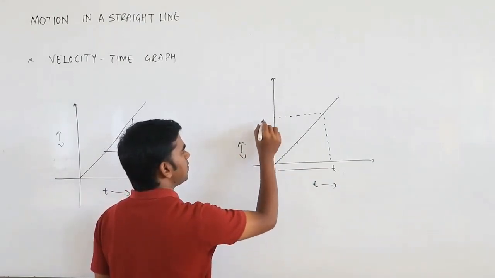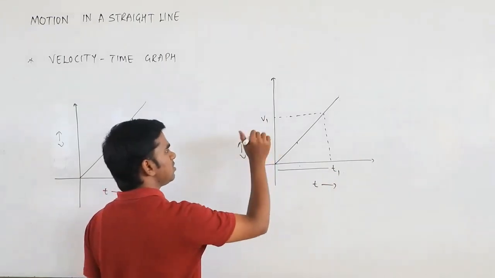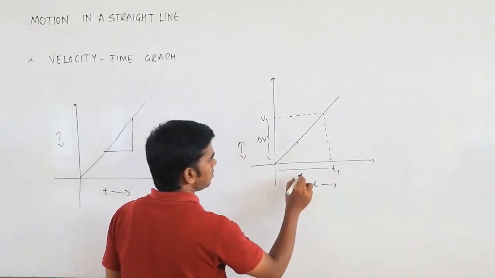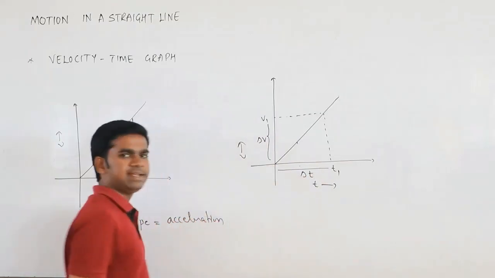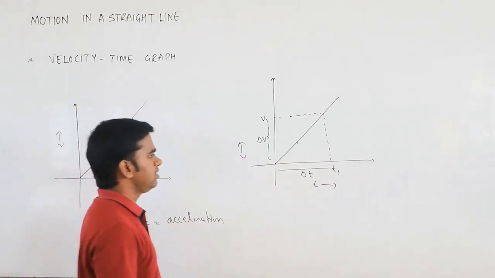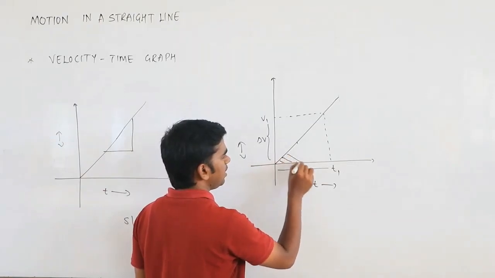From here to here I will take time t, and it is going to be some velocity, which I will take as v. Instead, I will take v1 and t1. This distance I will take as delta v, and this distance as delta t. Now, instead of calculating the slope, if I calculate the area under the curve,